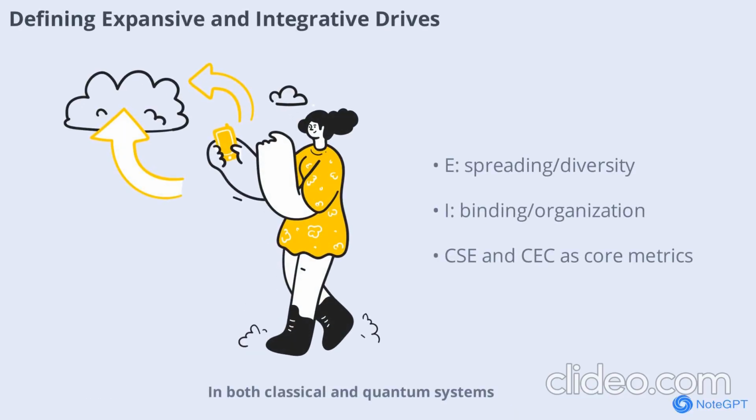In both classical and quantum systems, the expansive drive E represents the tendency to spread or diversify, while the integrative drive I captures the tendency to bind or organize. These can be quantified using variance, entropy, mutual information, or purity depending on the context. The core balance CSE equals E/I, and the equilibrium constant CEC equals 1/(CSE plus epsilon), become the central quantities that